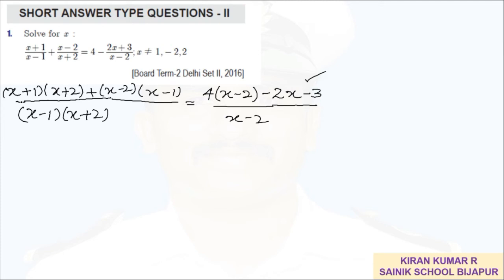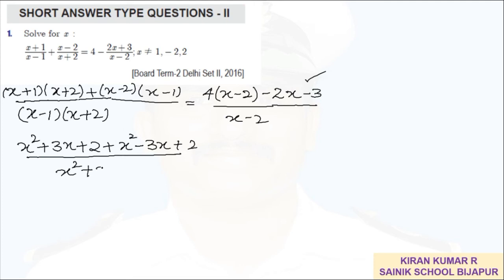Let's multiply. This becomes x square plus x plus 2x plus 2. In other words, x plus 2x should be added. We will be getting x square plus 3x plus 2, plus same way x square, this becomes negative 3x plus 2 divided by, in the denominator we will be having x square plus x minus 2, because here it's minus 1 and plus 2, equal to,